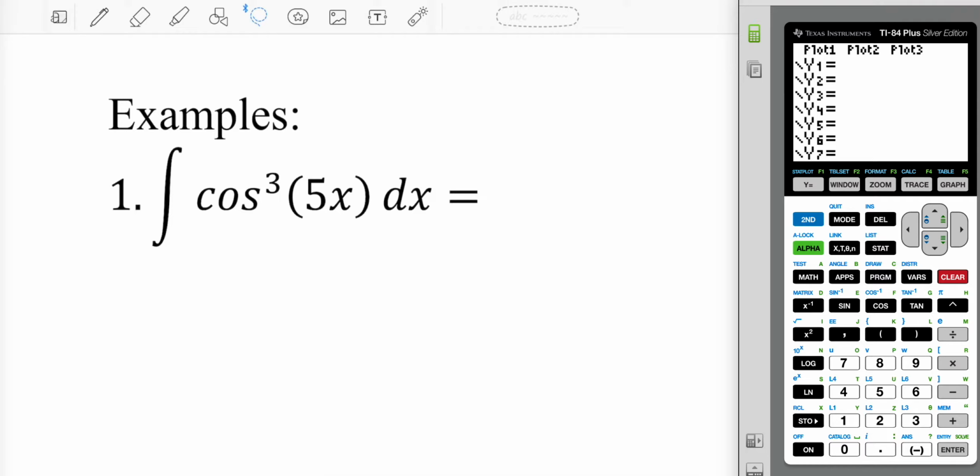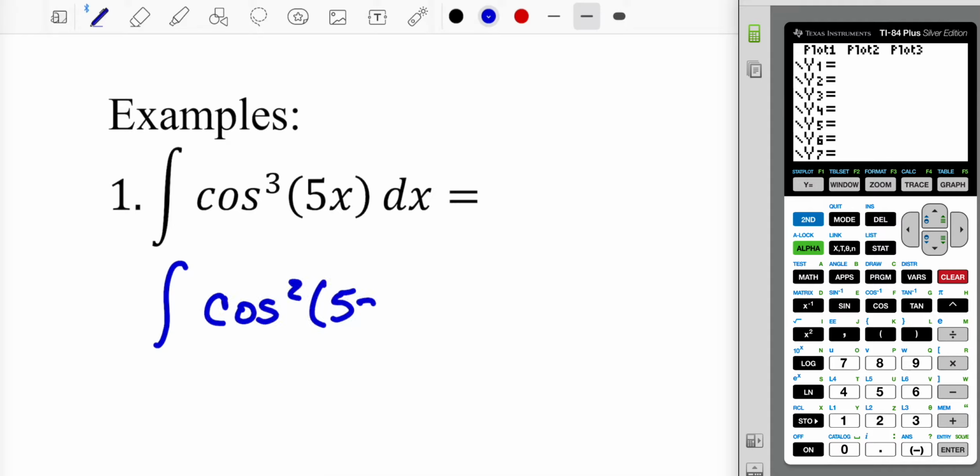If I call cosine cubed, or even cosine, u, the derivative of that's going to involve a sine. There's no sine to cancel out. It's going to introduce something while canceling out something else. I'm going to have an integral that contains both u's and x's. That's no good. So what we're going to do is rewrite this as cosine squared of 5x